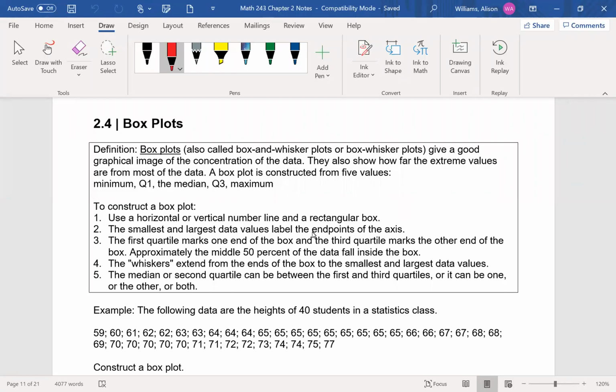In this video, we're going to go through box plots. So a box plot, also called a box and whisker plot, you might have heard that before, is a different way of representing the data. What's nice about the box plot is it uses five numeric summaries from the data. They call this numeric summary the five number summary,